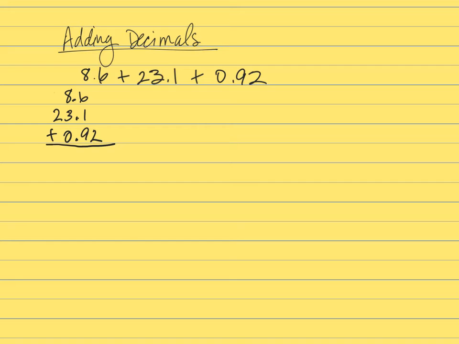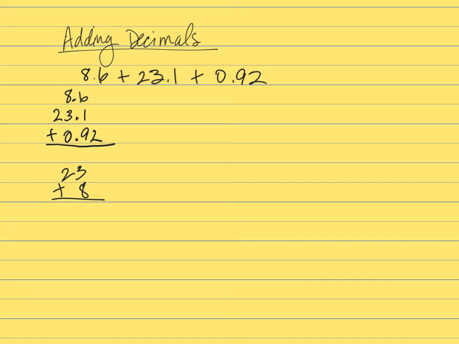Well, it's basically for the same reason that if we were just adding whole numbers together, let's say, for example, 23 and 8, right? We would do the same thing. We line the units places up under each other. If there were tens places, you'd line them up. So the same sort of reason we want to do that here. But how can we illustrate that? Okay, we can do that in a couple of different ways.